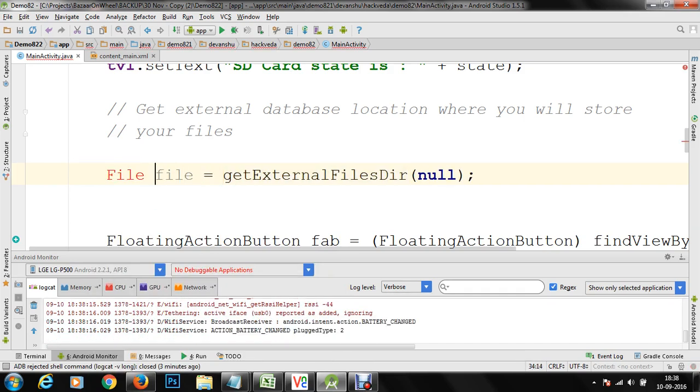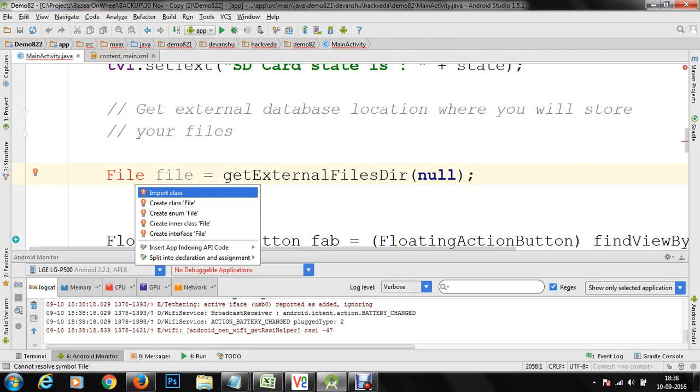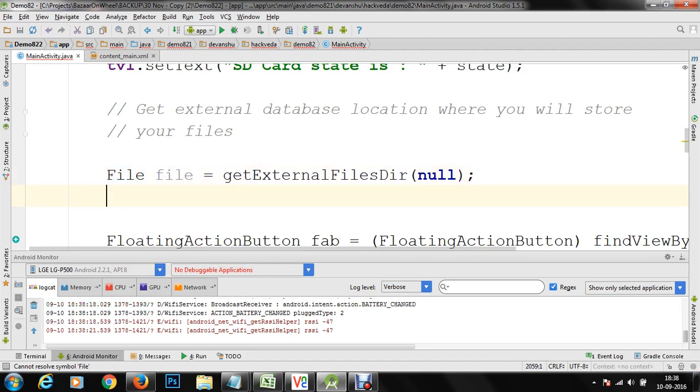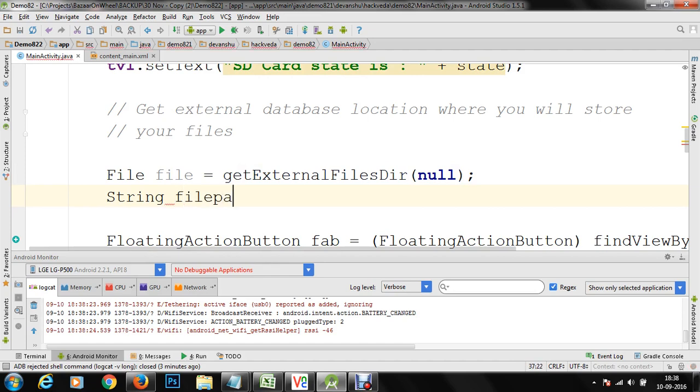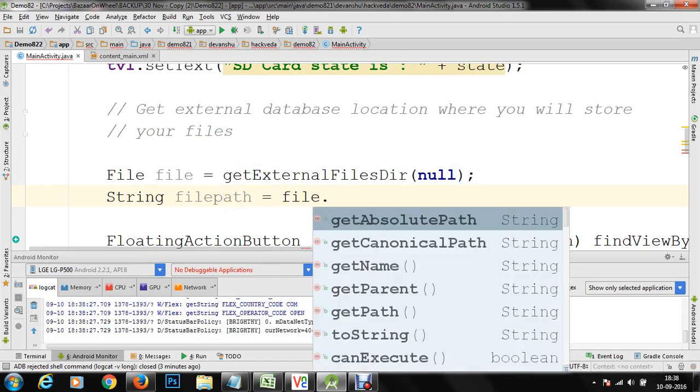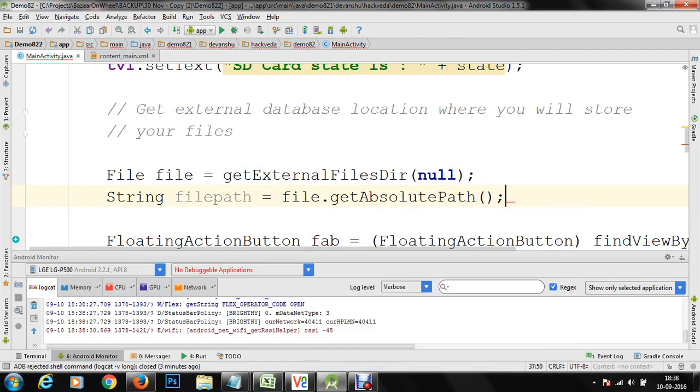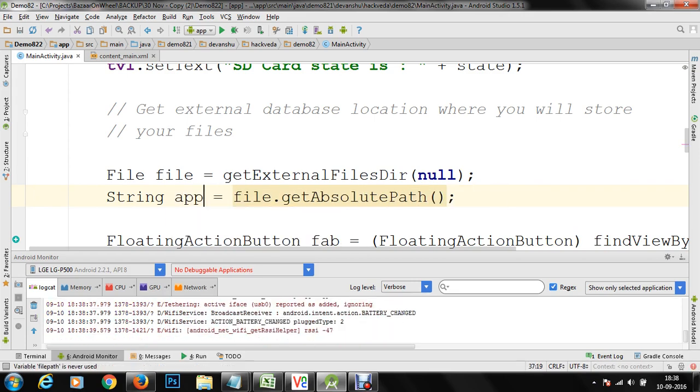I'm going to import the File class using Alt+Enter, and once I'm done, I'm going to get the path using the method file.getAbsolutePath. Using this, I'm going to get the absolute path of my SD card directory. You can also call it your app dir on external storage.